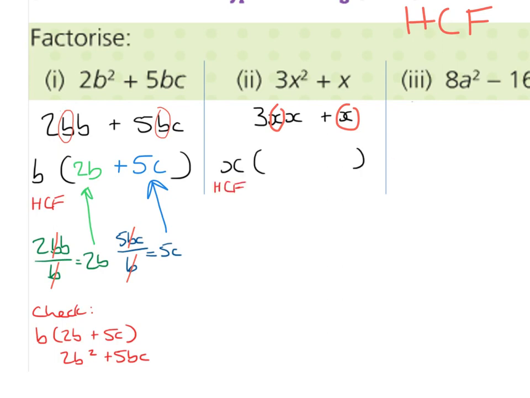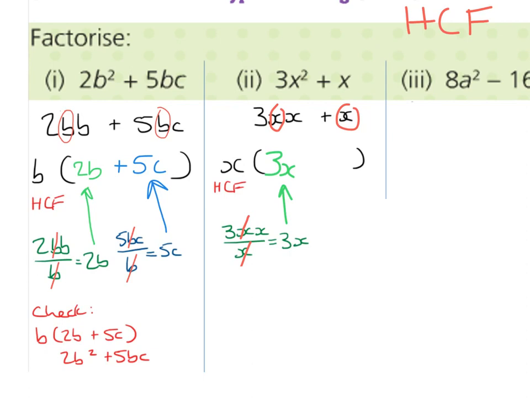We're going to take the first term, which is 3xx, and divide it by the highest common factor, which is x. So we can cancel an x on the top and an x on the bottom, and we're left with a 3 and an x, which we stick together. So 3x goes inside the brackets,